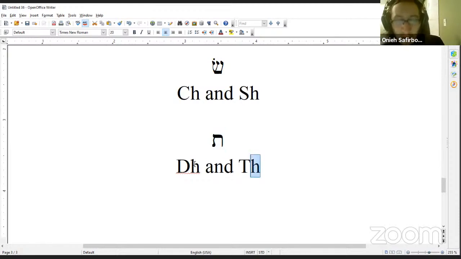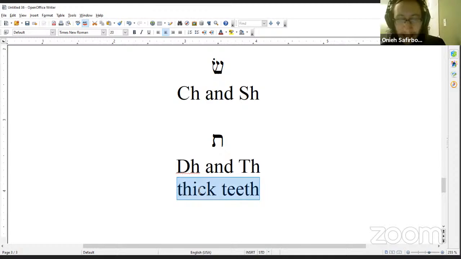The first is like the TH in the English word the, as well as the English word loathe. That's the TH sound. But it also has a th sound, like in thick and teeth. It's more of a hissing sound. And so you notice that the hissing sounds always come second